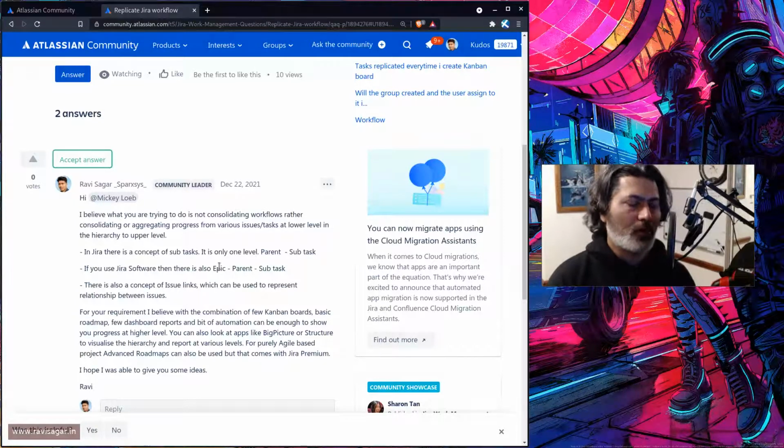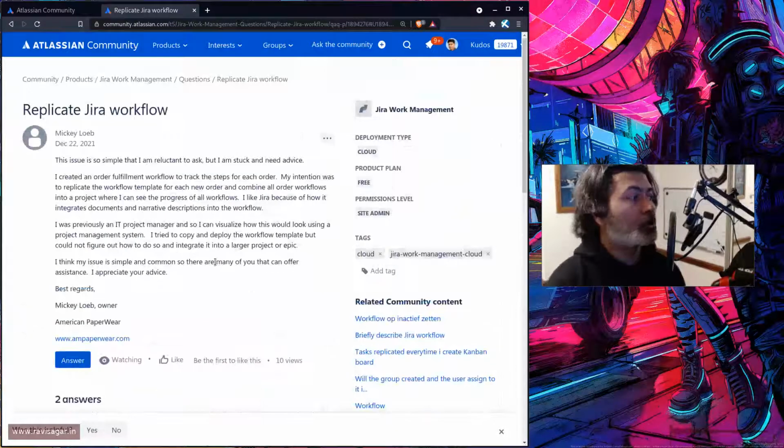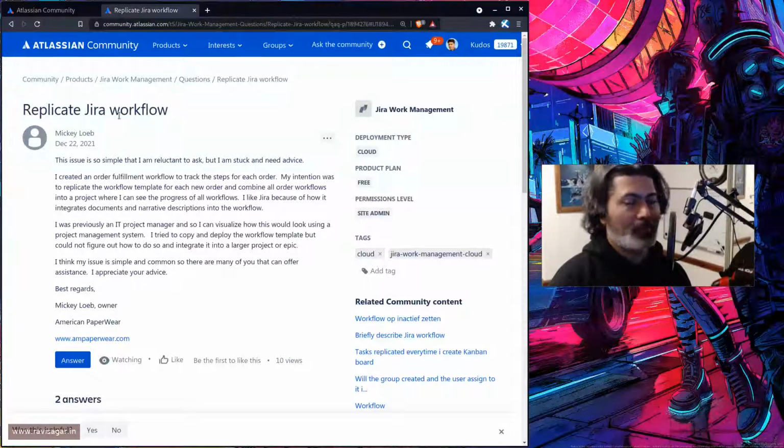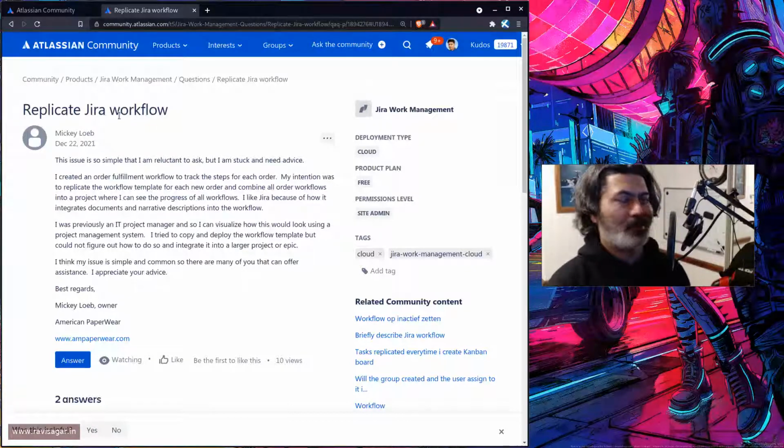So there are a lot of possibilities here, but if you just read the question, it can be a bit misleading, because I can understand in the beginning when people start using Jira, they are not exactly sure about the architecture, how Jira works, and how these things, projects, issue types, workflows, and various configurations work. So I thought I'll create a video on this topic just to give you my suggestion based on my experience doing similar things for my clients.